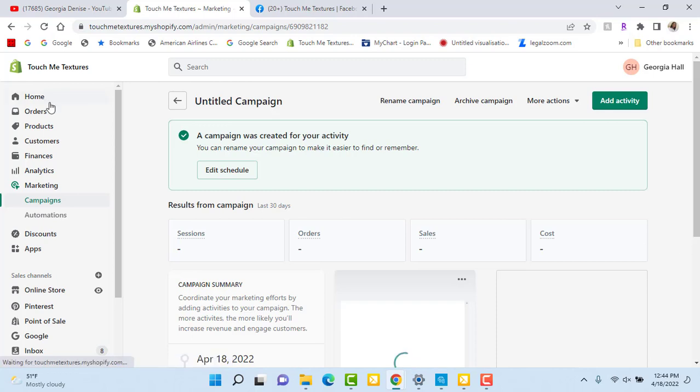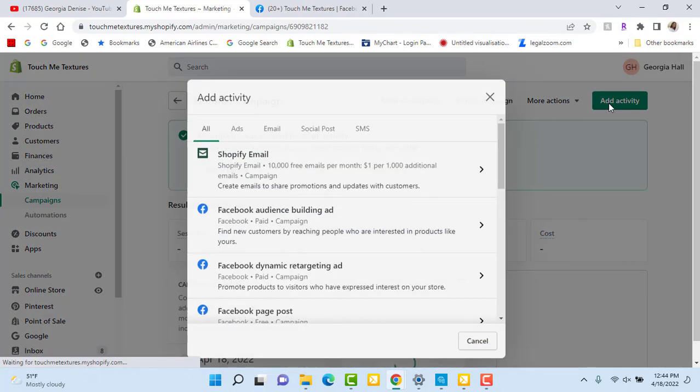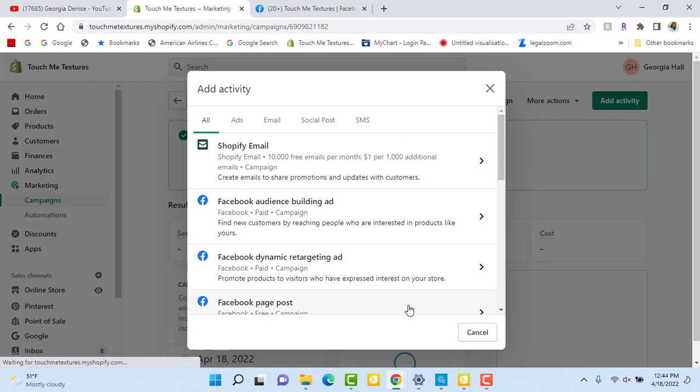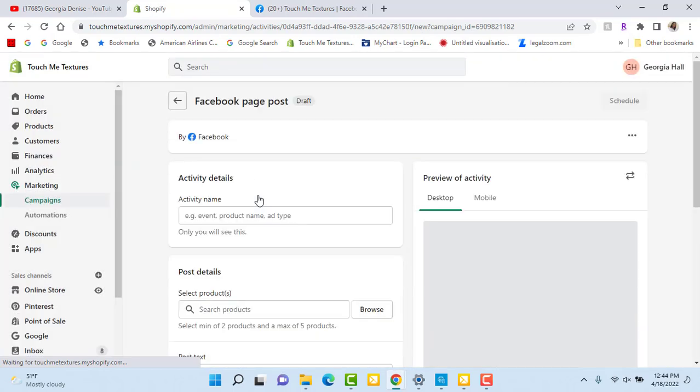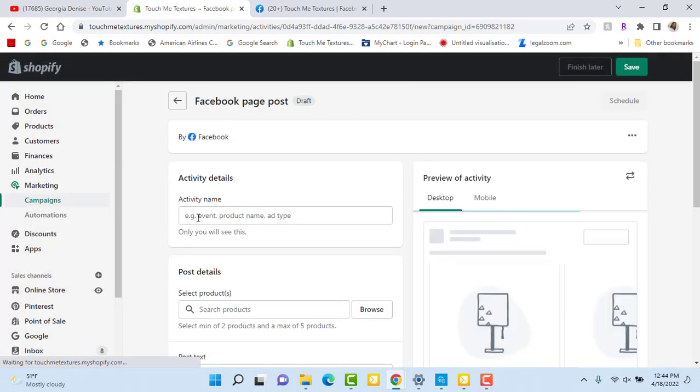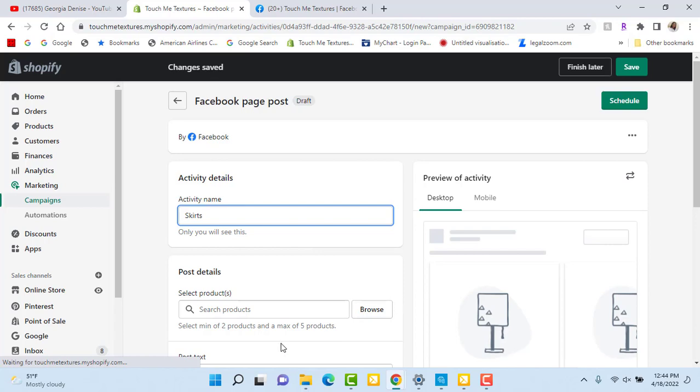Now let's do another one just so you could see how it's done. Click on add activity. Again, it goes back, it pops up. We're going to go back to Facebook page post free. And I think I want to do skirts. So let's type in skirts. As you guys know, I have a number of items on this